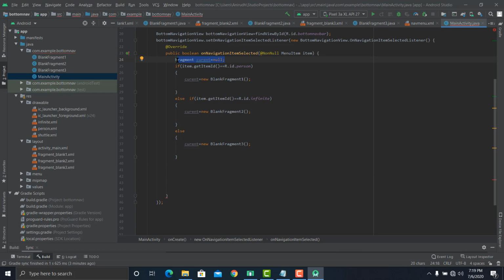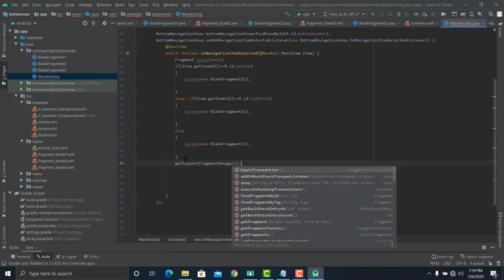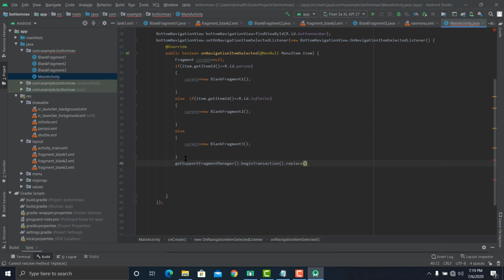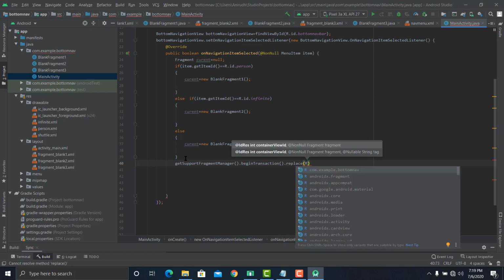Now we need to switch from the current fragment to the fragment that is given in current. How do we do that? Android Studio, or rather Java, has this function called getSupportFragmentManager().beginTransaction().replace. We are just replacing whatever is there in the container. What is the container? The container is a frame layout.